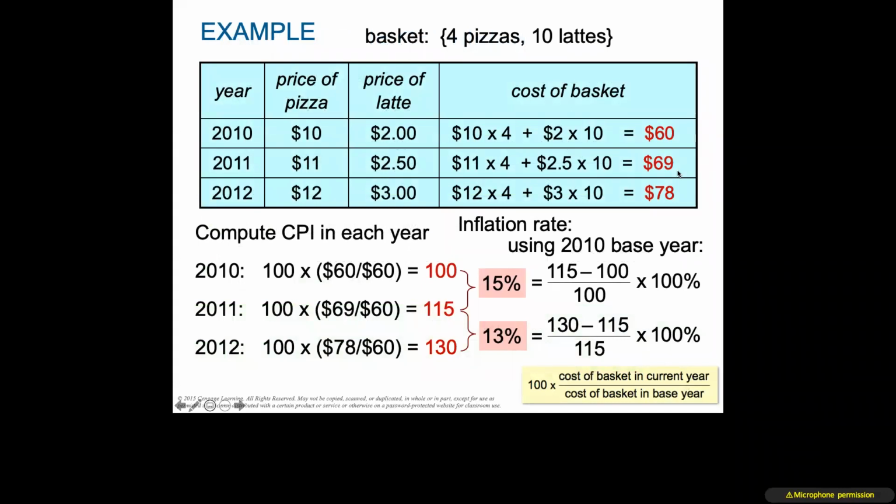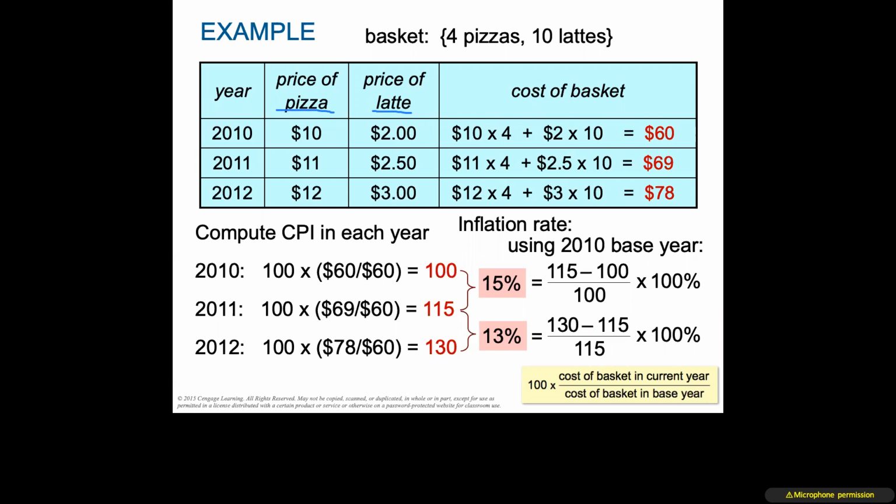So we're going to go with our simplistic market. This particular market is very highly caffeinated and also very highly carbed. In this particular economy, we have pizza and we have lattes. And our market basket is going to be made up of pizzas and lattes. So remember back to the very first 2 points of creating a CPI, determine your market basket and determine the costs. So the market basket is only made up of pizzas and lattes.